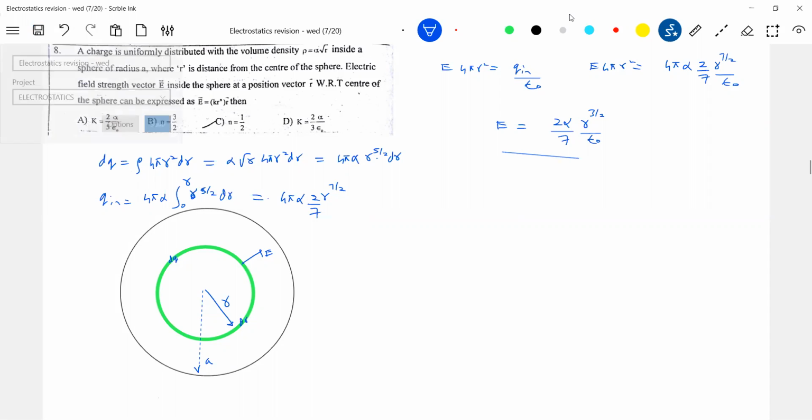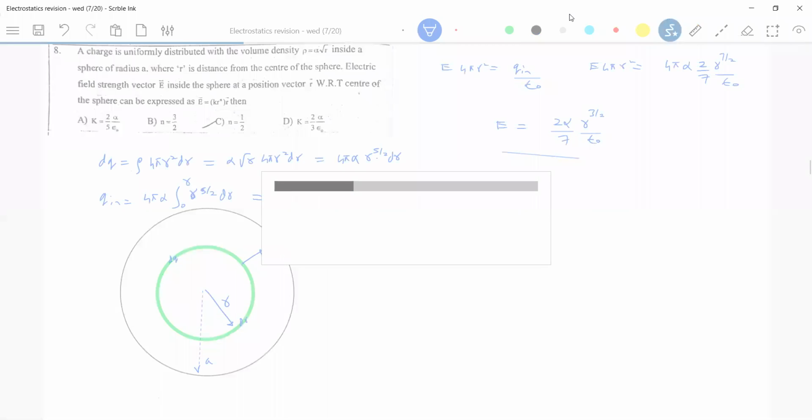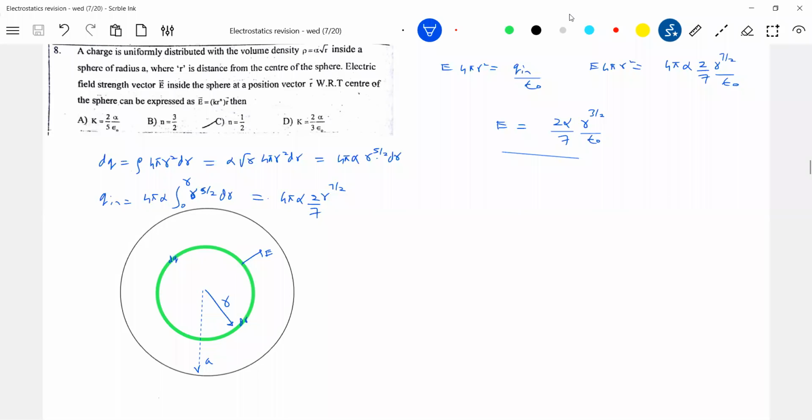Many problems are there. Do any one problem, that'll be sufficient because the density is varying, the method is the same. If they ask you potential, what should you do? dV equals E bar dot dr, where this will be E into dr. Substitute, calculate first the potential on the surface, then the potential anywhere inside. Fine. Any of the related questions can come, just be careful.